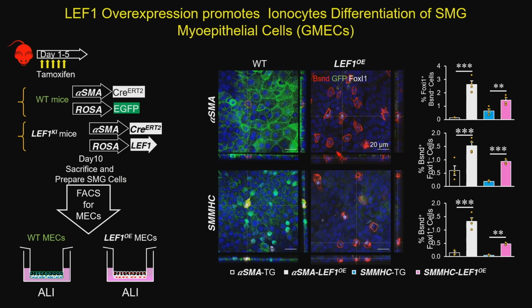We have another CRE driver that's again specific for myoepithelial cells within the airway epithelium, and it's a smooth muscle myosin heavy chain CRE-ERT2. When we quantified that, there was a significant increase, or the LEF1 overexpressing myoepithelial cells had differentiated more into ionocytes, FOXI1 positive BSND negative, or BSND positive FOXI1 negative, or double positives. All of them were higher in the LEF1 overexpressing myoepithelial cells in both